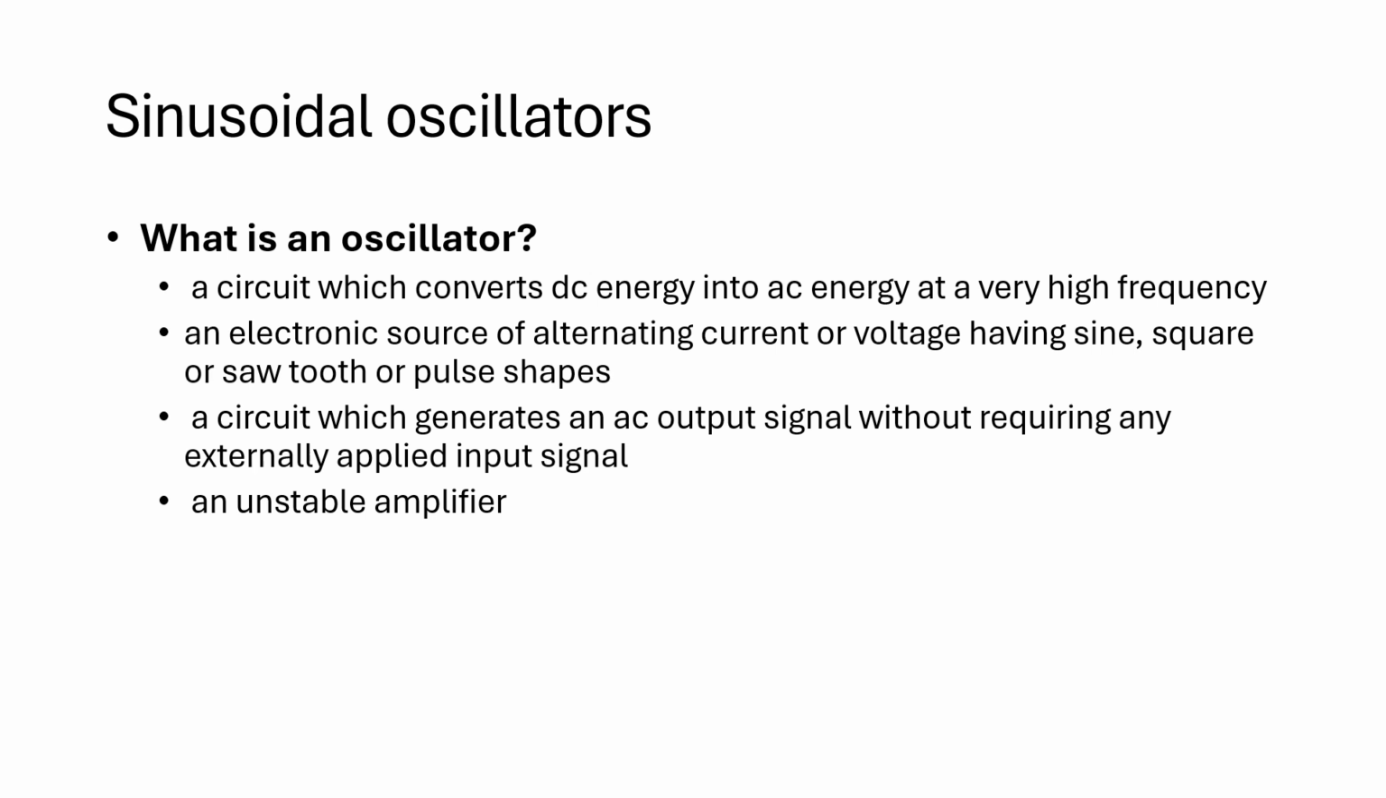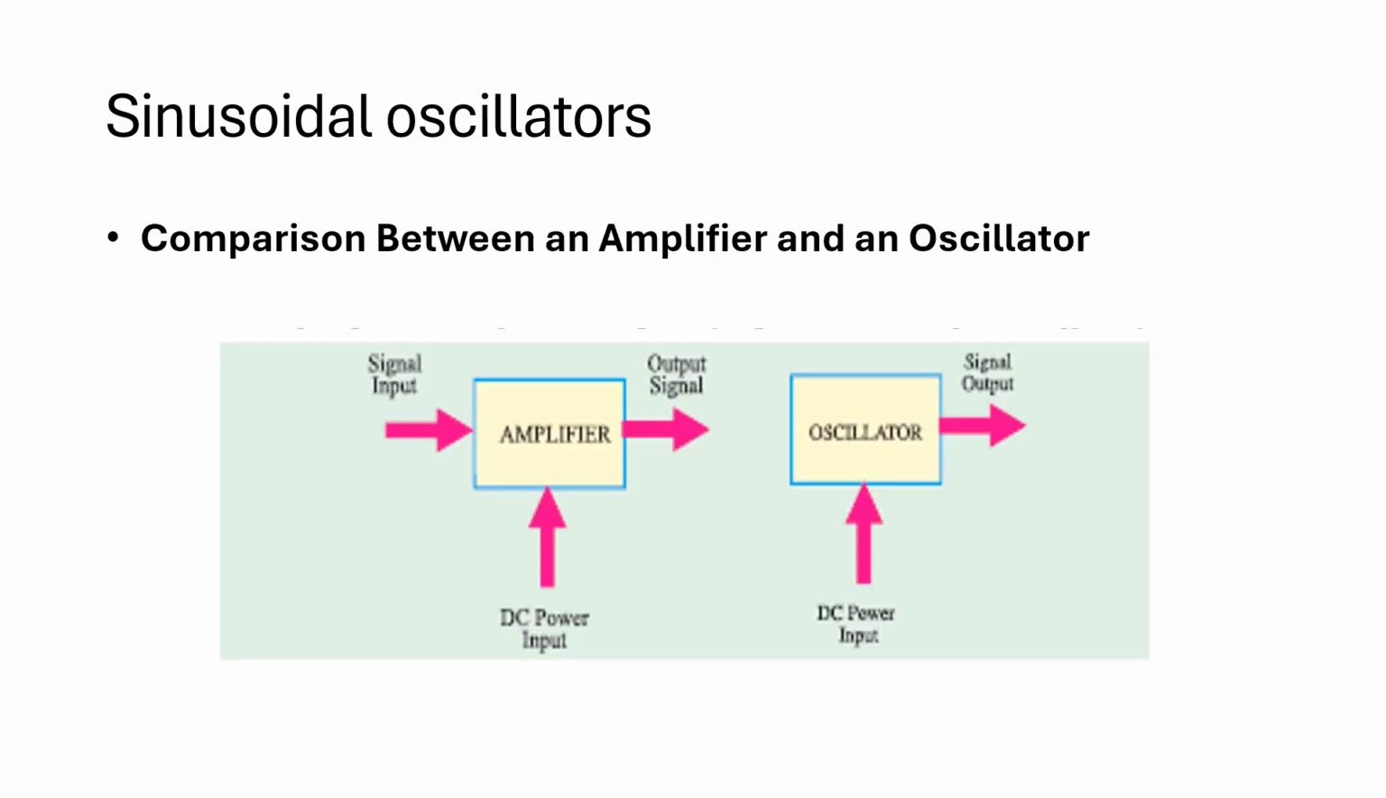Okay, so excluded in the definitions of oscillators are those electromechanical alternators that produce 50 hertz AC power, or any other devices which convert mechanical or heat energy into electrical energy. Okay, so for the comparison of an amplifier and an oscillator circuit, as we can see here, we